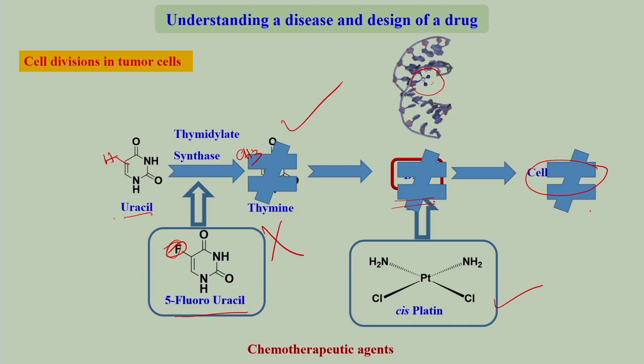So, once you know the reactions, once you know the chemical ways, once you know what are the enzymes involved, the structure of those enzymes or other molecules involved in a reaction, then only you can figure out what are the changes you can make or what are the new molecules you can produce to alter those reactions. I will give you another example of how understanding a disease is important.